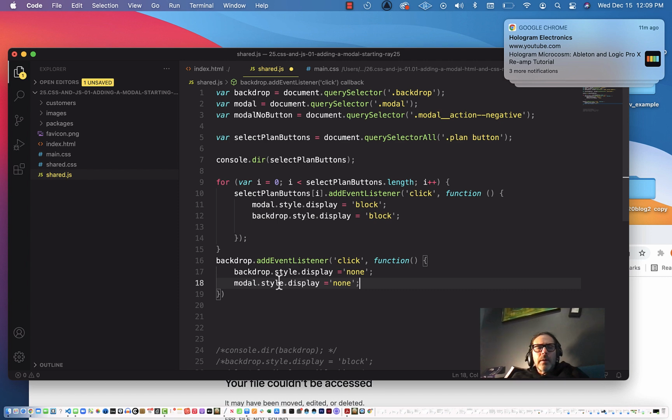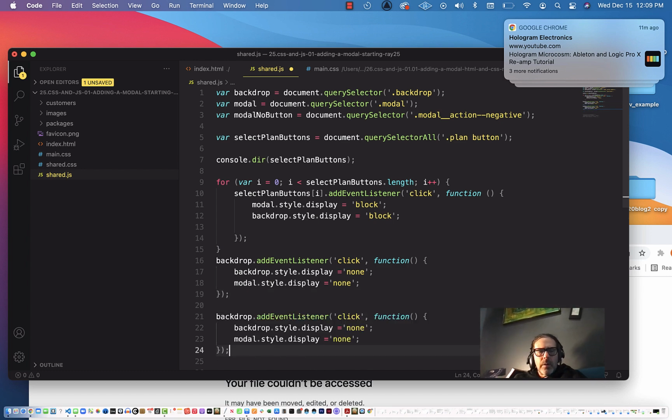All right, and let's make sure that that is good. Essentially, you just copy and paste it, and you change the function, all right, you have to copy that and change it to match